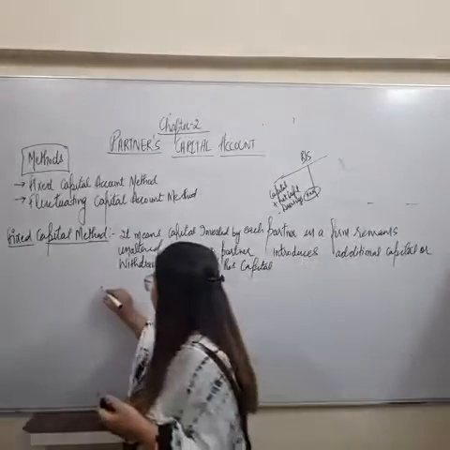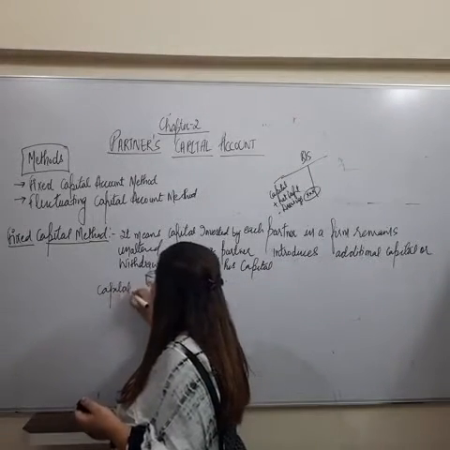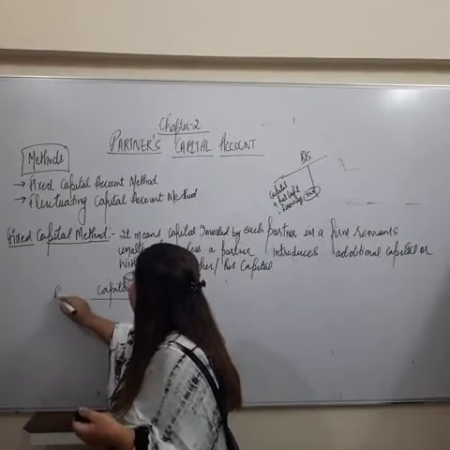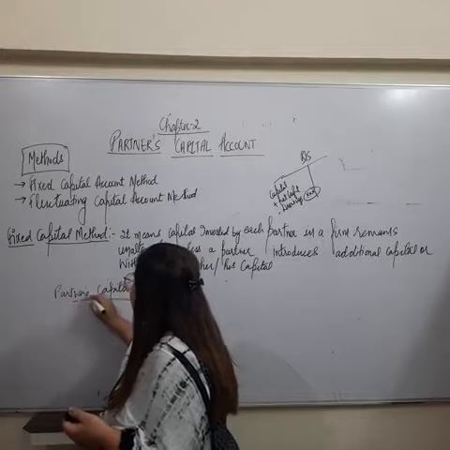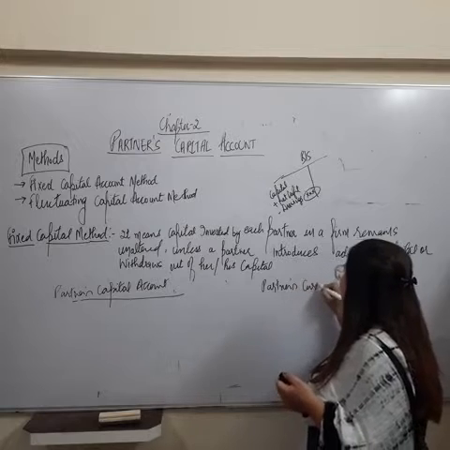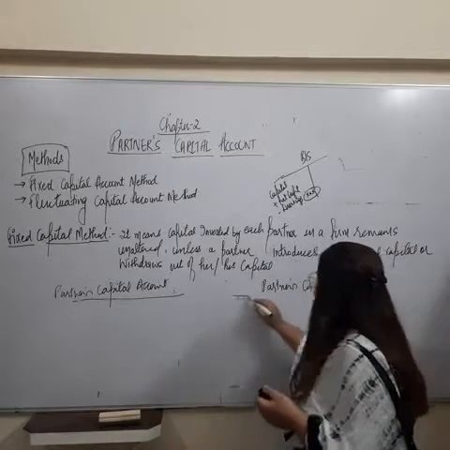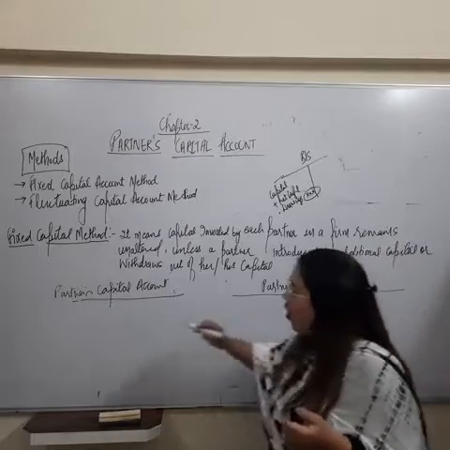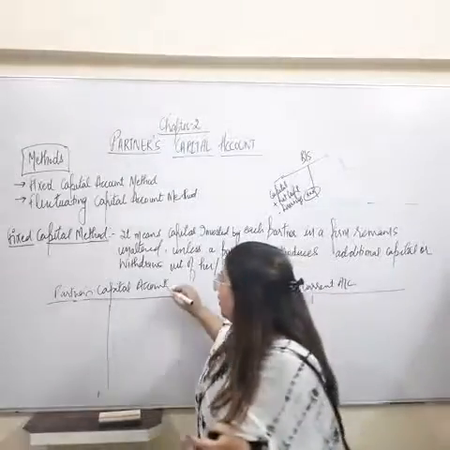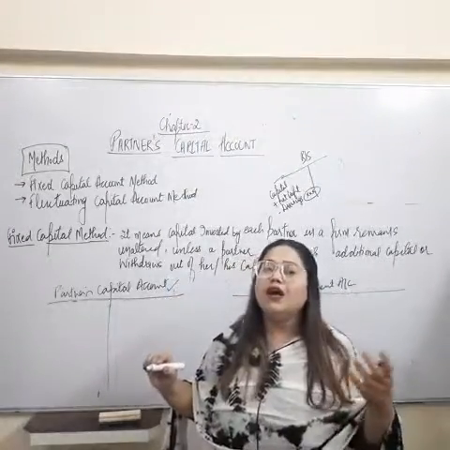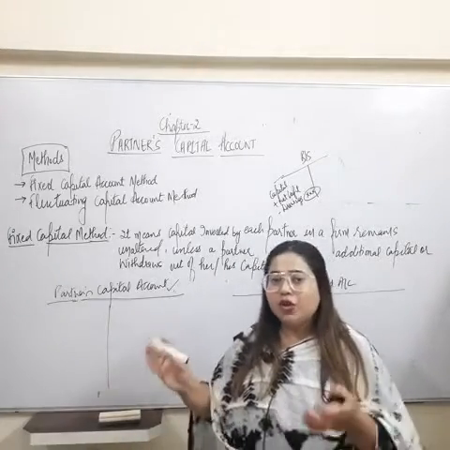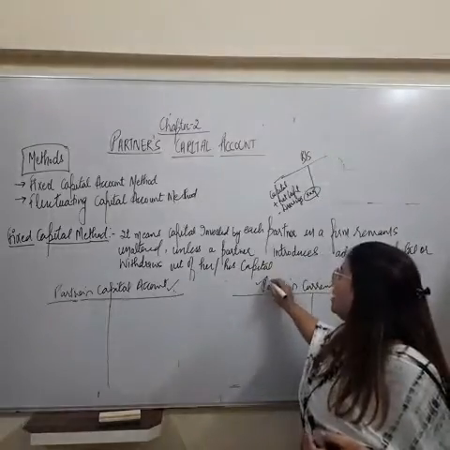One is capital account, means partners capital account. Then there is another one that we have to maintain, partners current account. So all the transactions related to capital introduction and capital withdrawn will be recorded in partners capital account, and all other items like salaries, commission, reserves, profit of P&L appropriation, all those amounts will be transferred to partners current account,